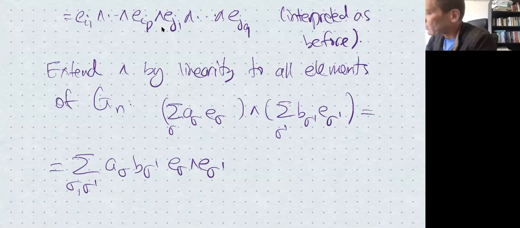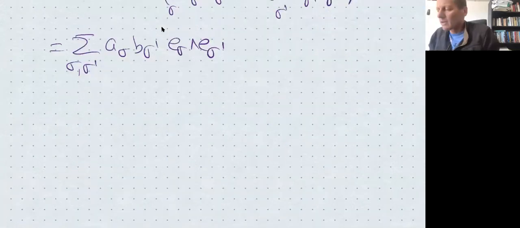And let me just say one more word, and then we'll take a break. So now with this extra structure on Gn,